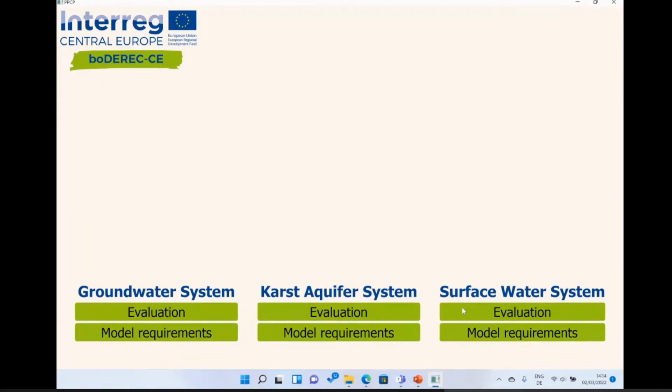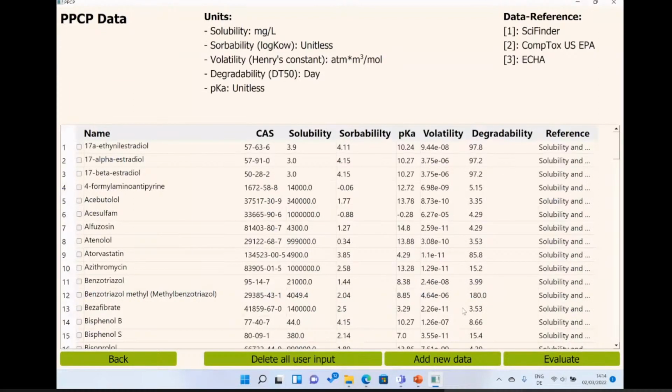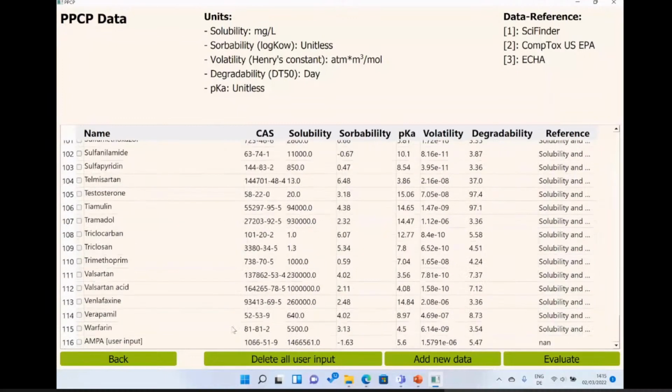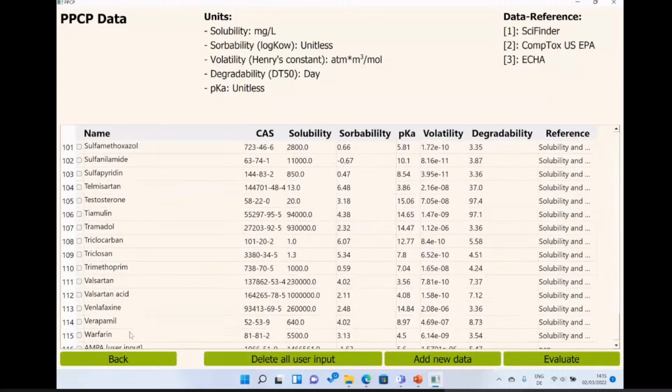So I'm simply clicking the evaluation window, and this window comes up in the modePROCON program. Basically, modePROCON comes with a default database of different commonly found pharmaceuticals. Here in this default database, we have 115, one I just added, but normally 115 PPCPs or substances.